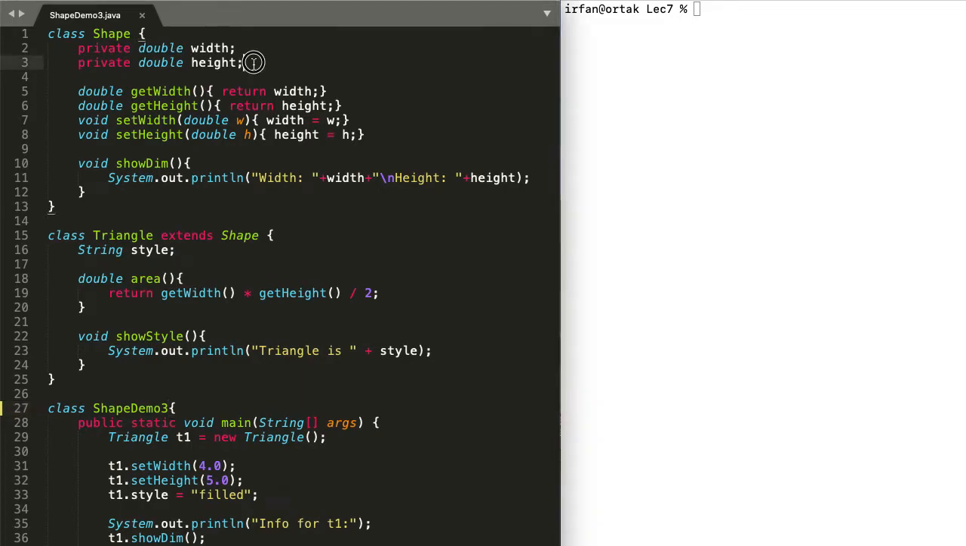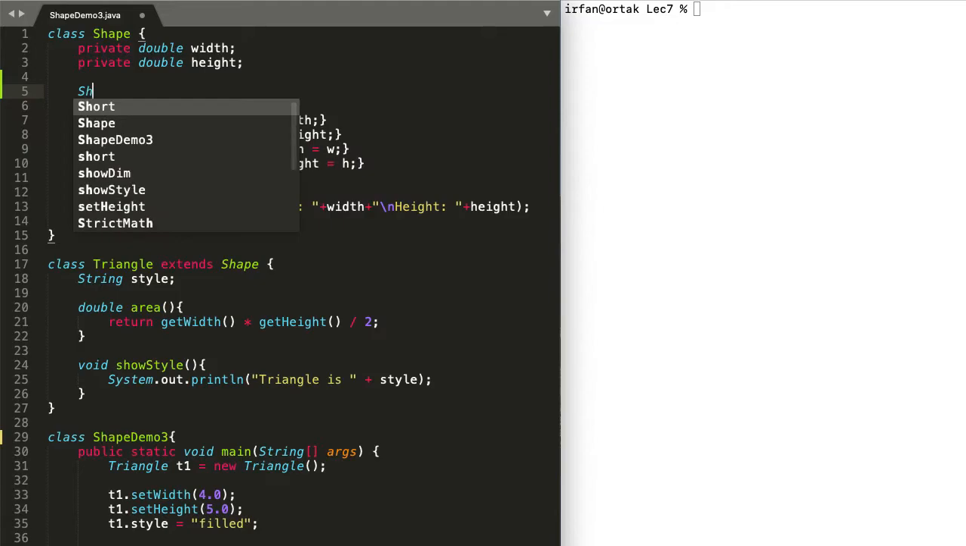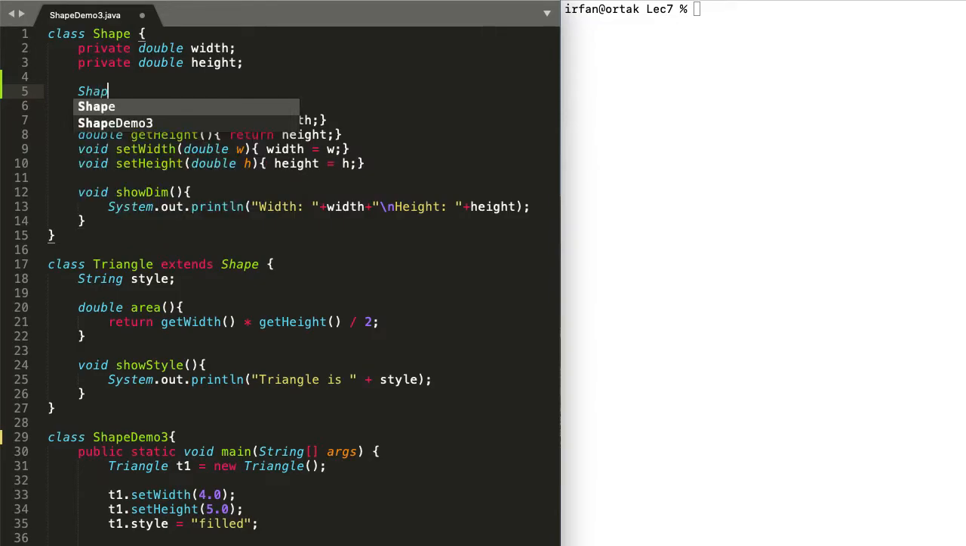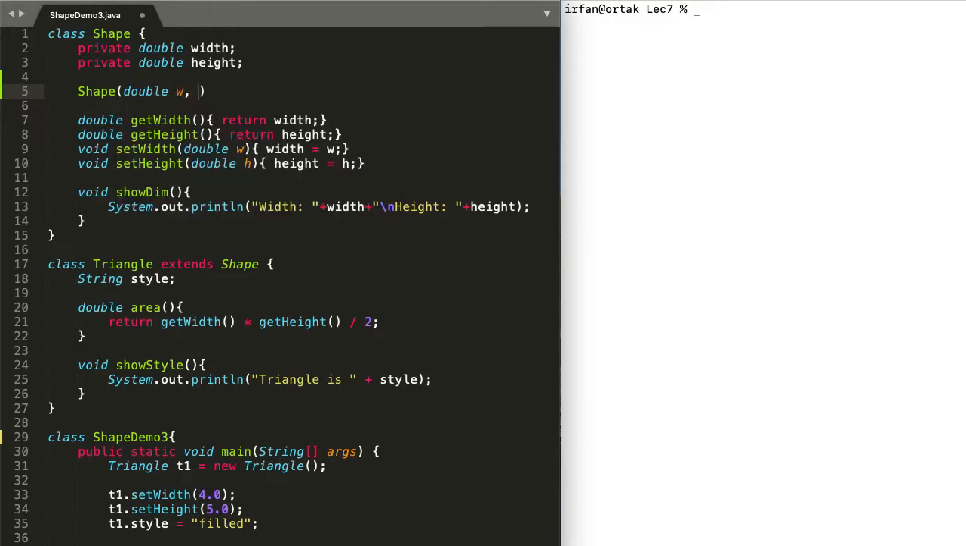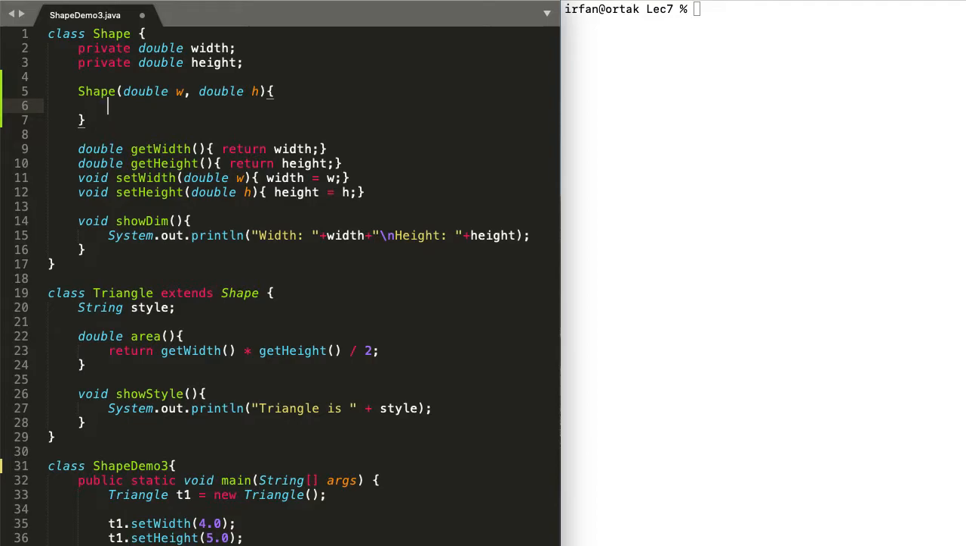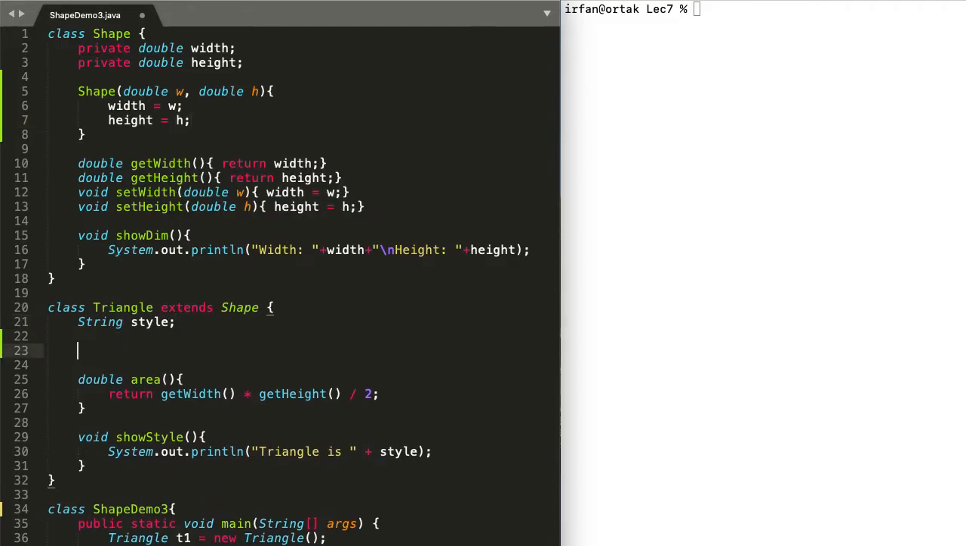All right, so we're going to redesign our shape and triangle classes where each will have their own constructors. So the shape class will have the constructor Shape, which will have a double W and a double H. And then we'll set the width to W and we'll set the height to H. Okay. Likewise, our triangle class will have a constructor called Triangle,